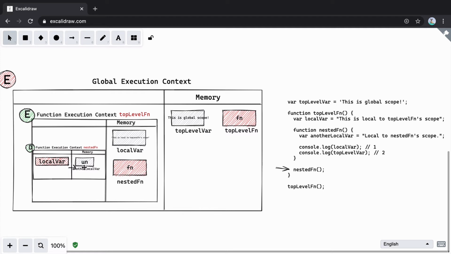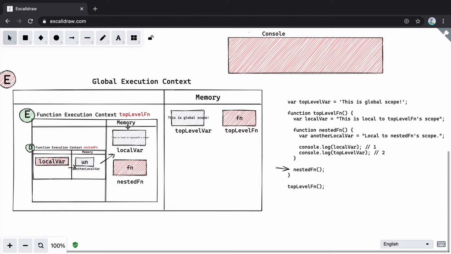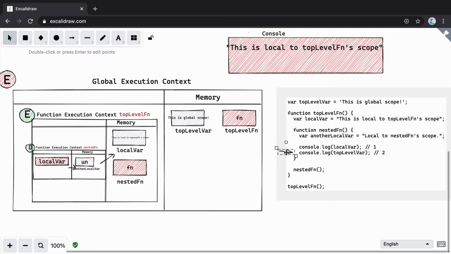So we'll go ahead and bubble out to the parent, and this is the parent. In the parent, we see the value of local var is, this is local to top level scope, and that is what we'll get in the console. So let's create a console here. So I'll copy this value from here and paste it here. This is the first message that we'll get. And we are done with this. Moving on to the next one.